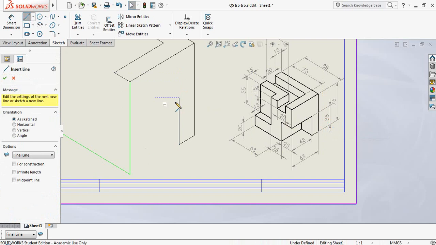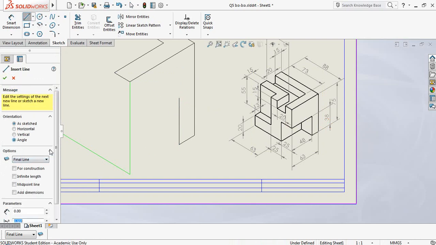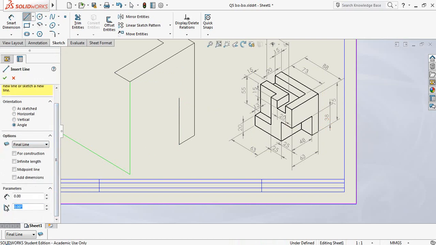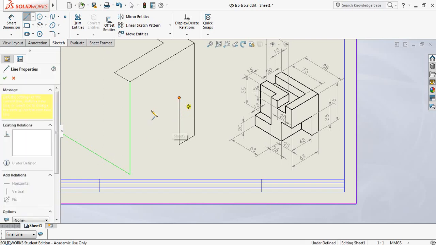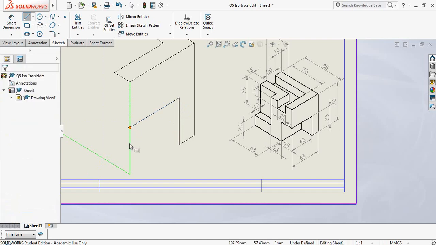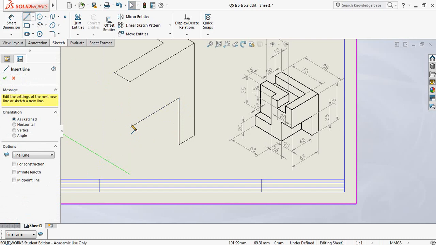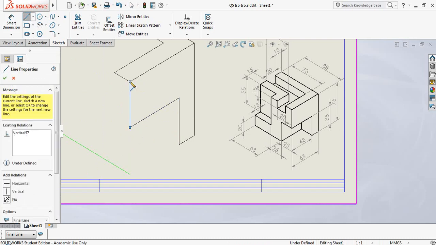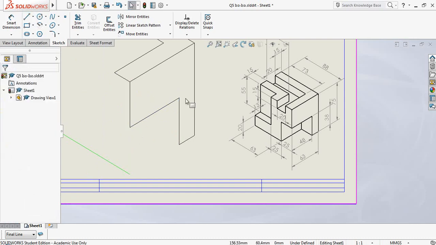And I'm going to be drawing a line at an angle of 30 degrees to this line over here. Right, now that I've got this L shape over here, that one over there,